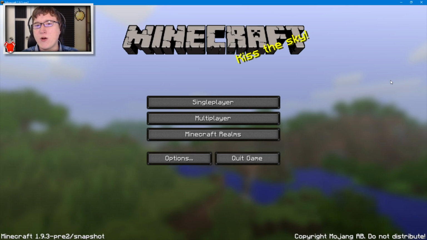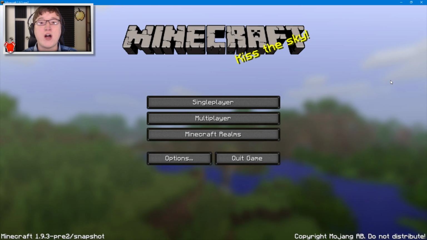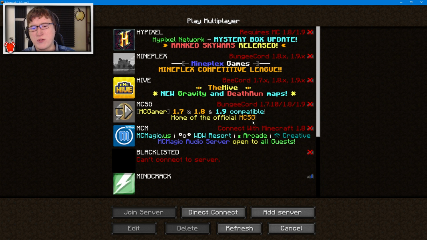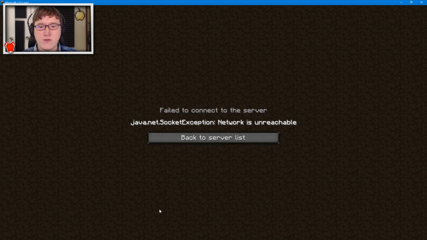So, if you want to know if a certain server is blacklisted, all you need to do is have the server on your multiplayer list here. I'm going to censor what the server actually is, and I'm just going to hit join server. Now, what's going to happen is it's just going to say network is unreachable. A lot of people are complaining that this is a little bit too obscure and it should just say blacklisted, but in my opinion, this isn't too bad because it doesn't mimic any really common way for a